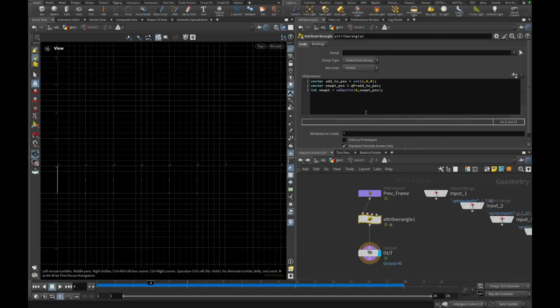So we have to find a way to mark what geometry we want to process and where we want to actually add points. And how do we do that? There are many ways, but one trick that I have learned from Junichiro Orikawa, which is a good resource for VEX,